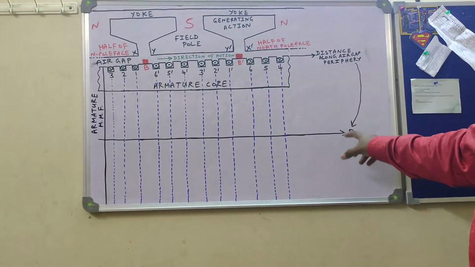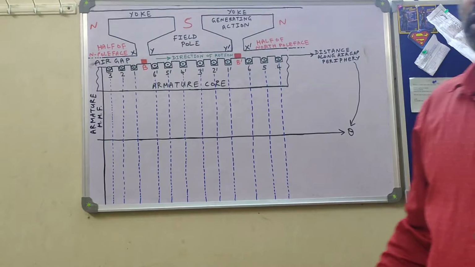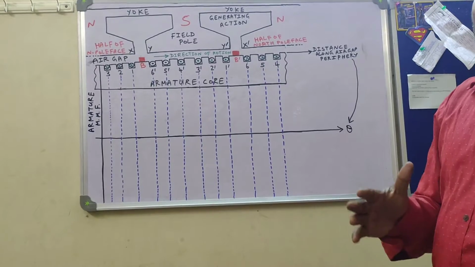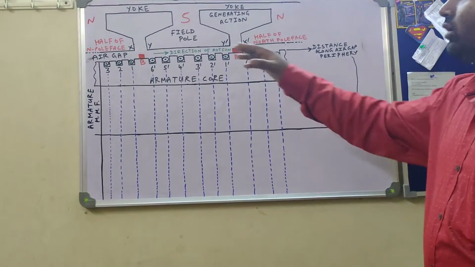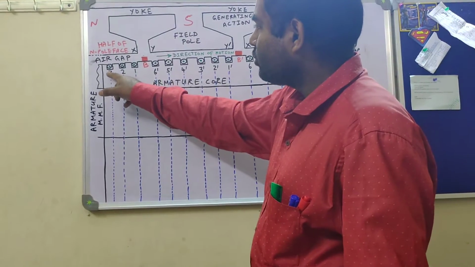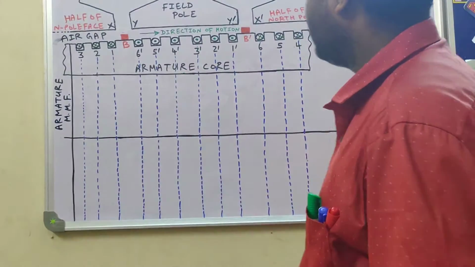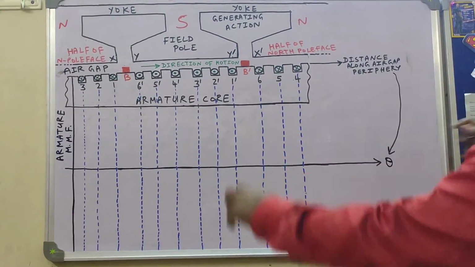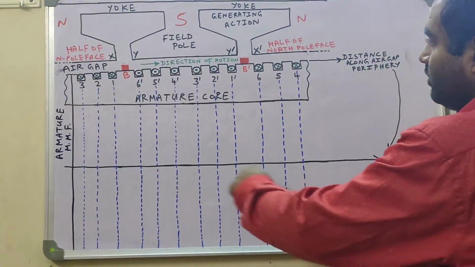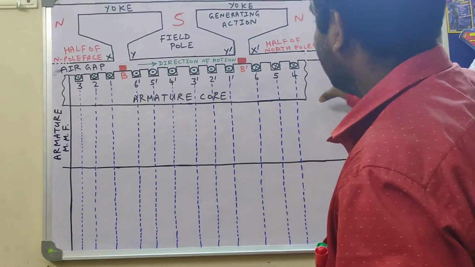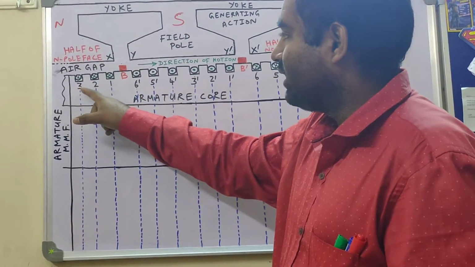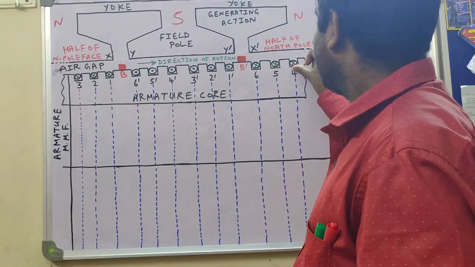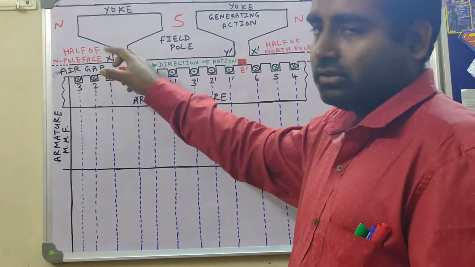For that purpose, if you remember in the earlier diagram, I have drawn the armature magnetic flux plot over here. There we have seen that between slot number 3 and 4, no armature flux was either entering or leaving. So we have taken the developed view by imagining that the armature is being cut between slot number 3 and 4. You will see that slot number 3 is starting from here. That means we have cut the portion between slot number 3 and 4 and we have stretched it and made it flat. After making it flat, it will look like this, because we have cut along the armature core between slot number 3 and 4. So you can just match.